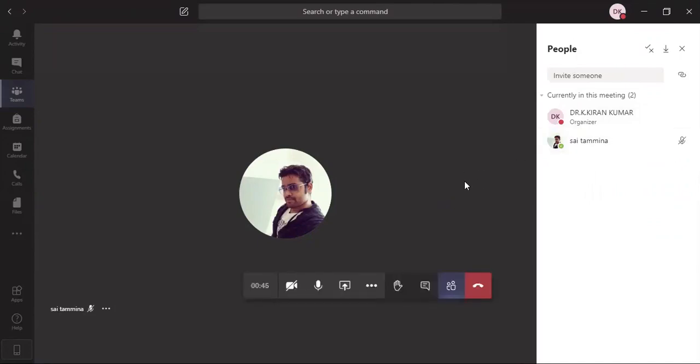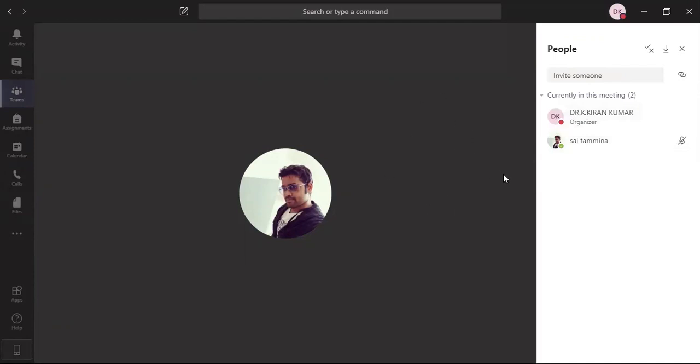Okay, and another thing is, if unexpectedly they open this particular thing also, every time we have to mute here. See, I have only one participant, that's why the mute option is showing. Suppose I have multiple participants, here you will get the option as mute all. So you have to click on that mute all, then an alert box will be shown, and you have to click on apply, so that all the students available in this particular class will get muted. Okay, that is the thing.